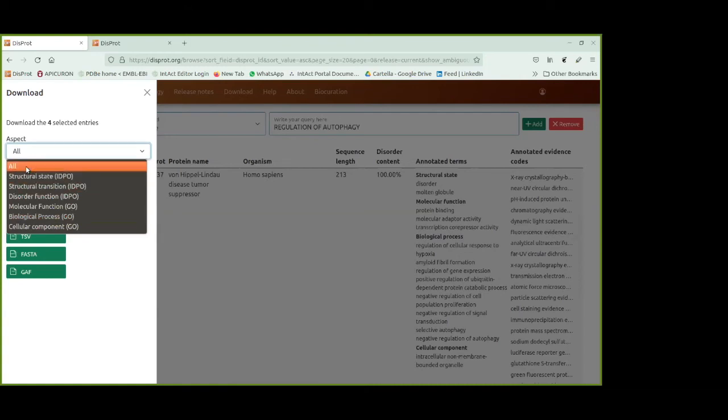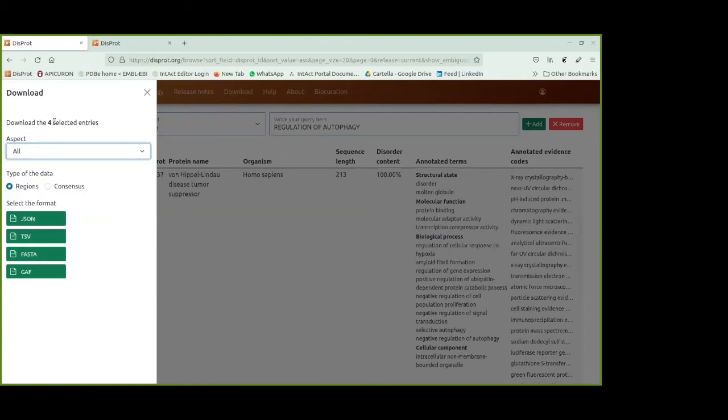Once you have finished choosing the aspect you want to download, you can choose the type of data that you want to be included in the output file. So the regions or the consensus for each region. Again, the default setting is region. You can then select the format because we have 4 different formats available: JSON, TSV, FASTA, and GAF. The GAF format is a specific format related to gene ontology. So this is one way for you to download the output of a search in